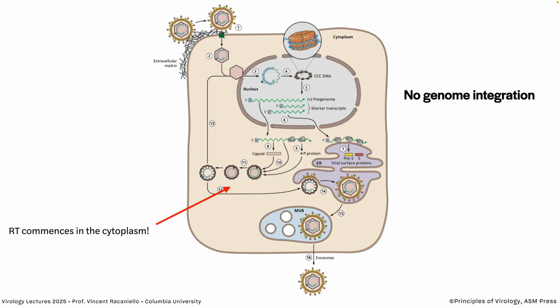So these viruses bind cell receptors. The nucleocapsid is deposited in the cytoplasm. It docks on a nuclear pore, and the DNA goes into the nucleus. What happens next? It's repaired by the cell, right? And then it's chromatinized because the cell doesn't like this foreign DNA in there, and so it chromatinizes it to shut it off. That closed circular DNA can then be transcribed to messages to make new virus genomes and new virus particles.